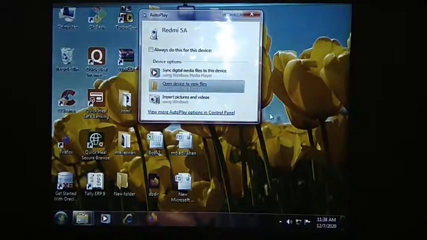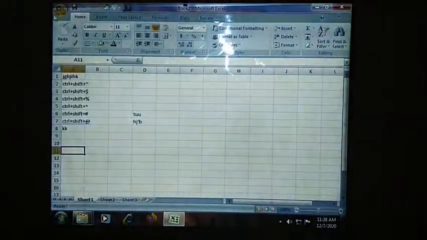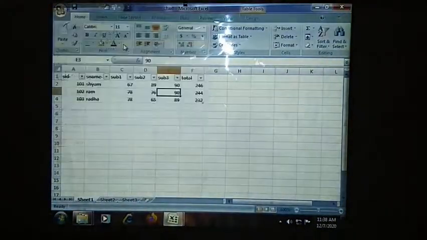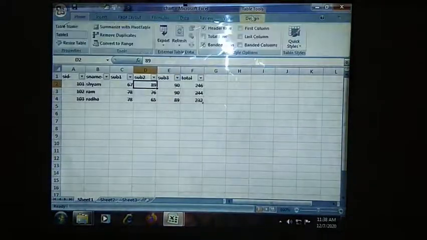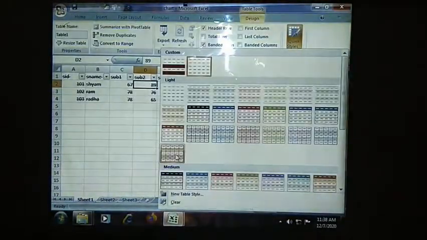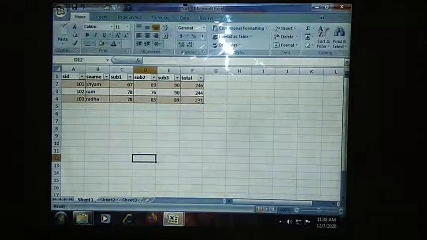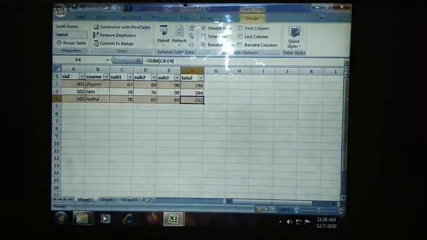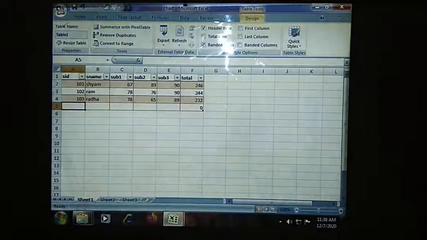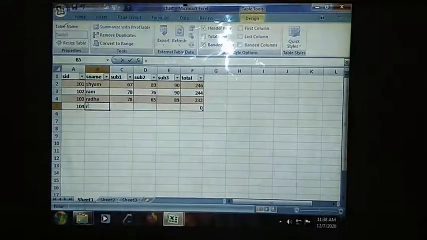Observe on your screen how we are going to wrap the text. Just open it. I will go to the table that we saw in the earlier session, and I will make a somewhat different design. Suppose this is our design. Consider that I am inserting one more row here. I am using tab so that one more row is inserted. 104, and suppose my name is Radha Krishna.